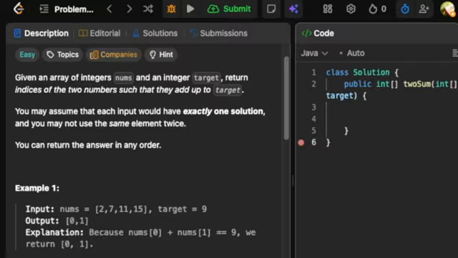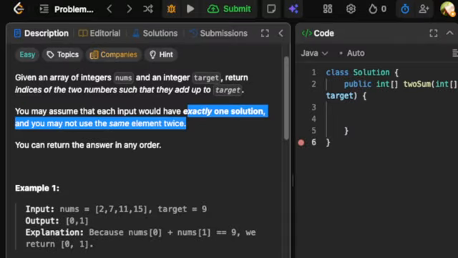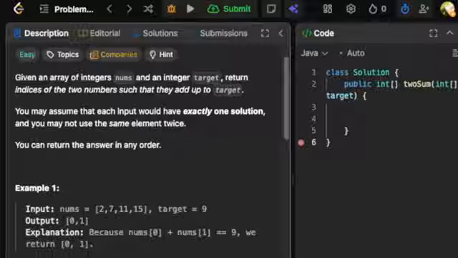So if we look at example number 1, we're given a target number of 9, so we'll have to iterate through the array. The good thing is that there's only one solution. So as soon as we find the two numbers that equal our target, we'll be able to just return that and we can end our algorithm. If we go ahead and look at number 1, they're returning 0 and 1, which is 2 and 7 that